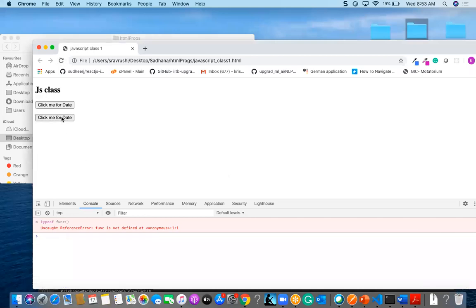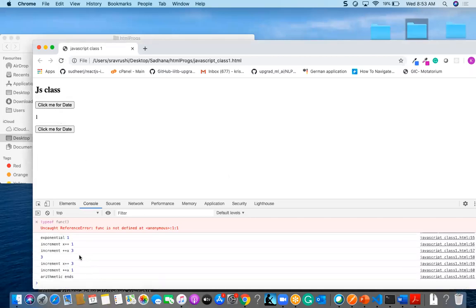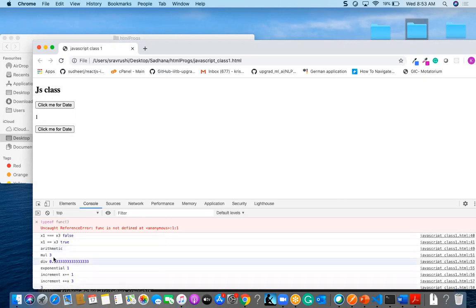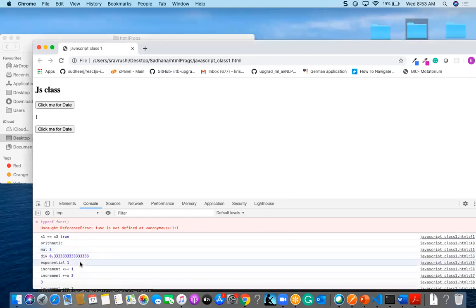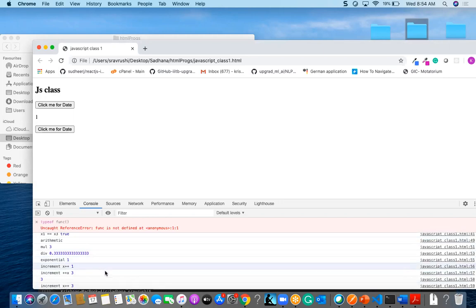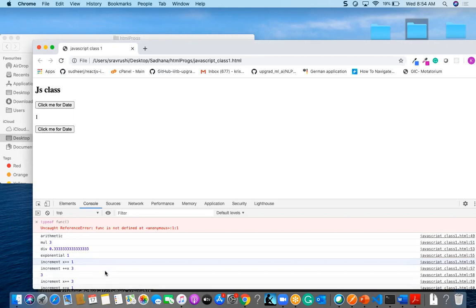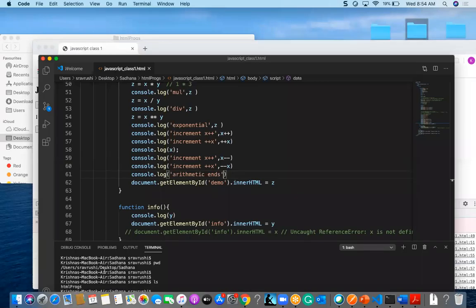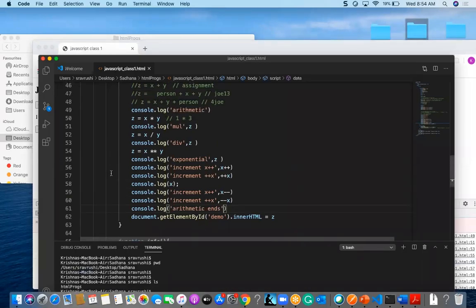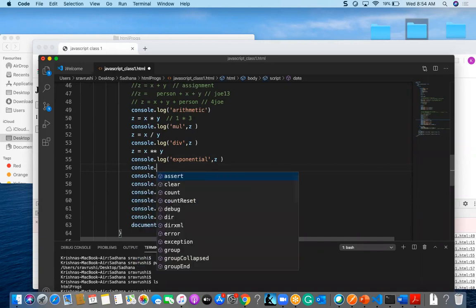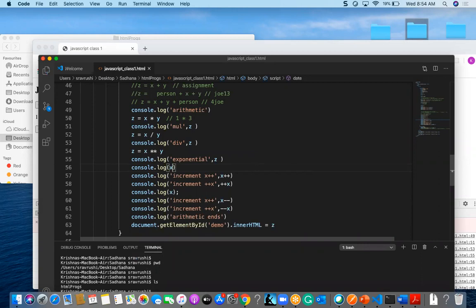So if I check these arithmetic operators, you can find multiplication and division, 1 divided by 3, exponential 1 power 3, and for the increment operator, x plus plus, it is 1. I think somewhere above is the x value.